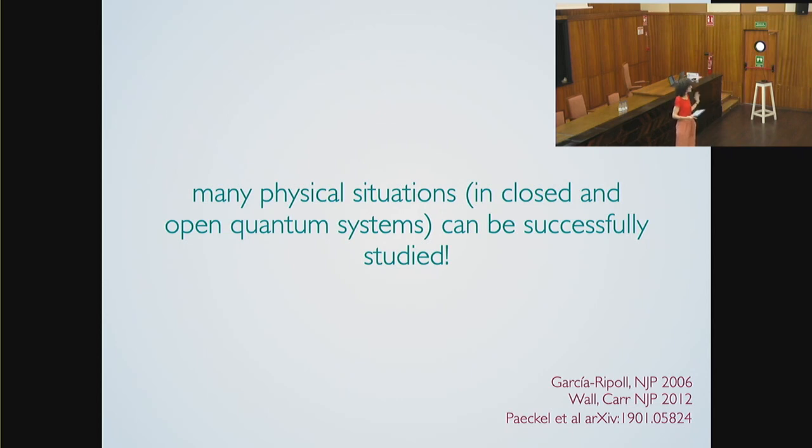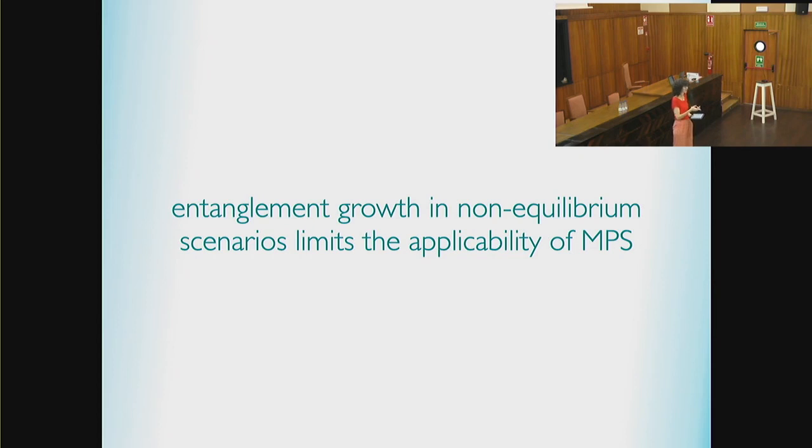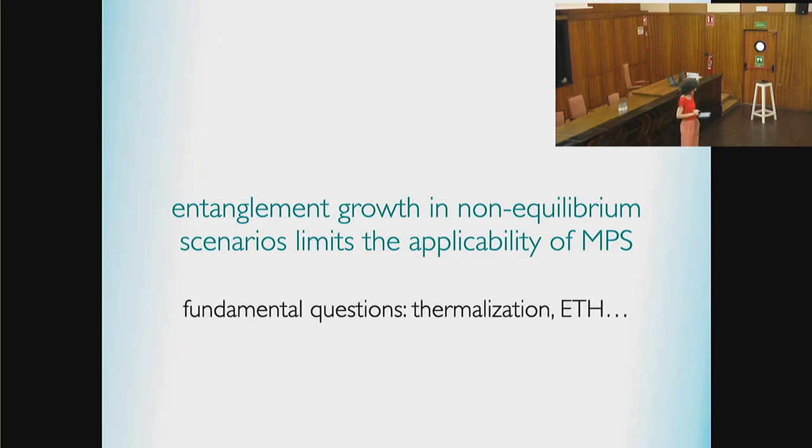So there are many physical situations. Also, I didn't talk about open systems, but they also are interesting and can be studied with these tools. For instance, adiabatic evolution, short times, low energy states. But the key idea in this out of equilibrium dynamics is what we can do with MPSs. And still, and this is coming to the open challenge here, there are many fundamental questions that we are interested in, and we would like tensor networks to help us understand. And these refer, for instance, to things as fundamental as thermalization,